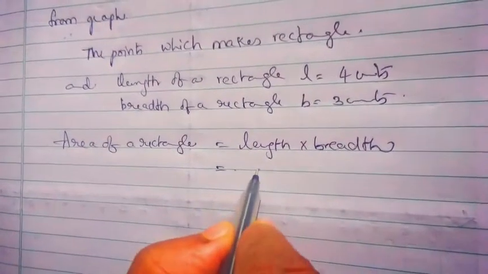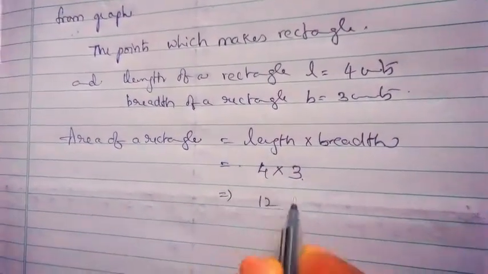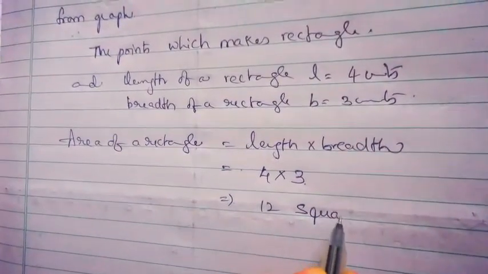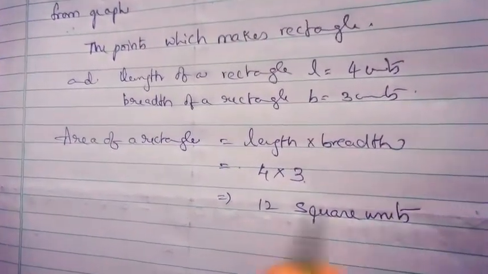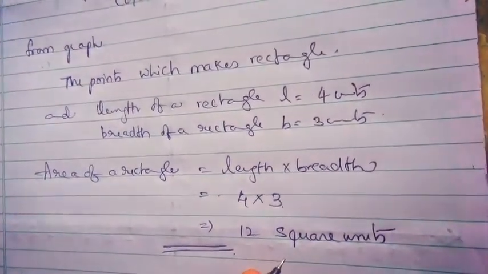That implies 4 into 3, that is equal to 12 square units. 12 square units is the area of the rectangle. Okay, so here we finished this fifth sum. Next we have